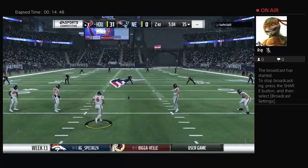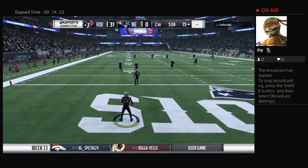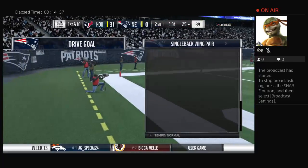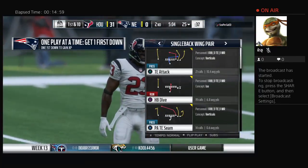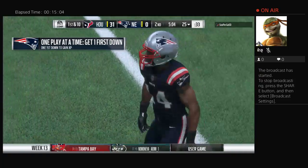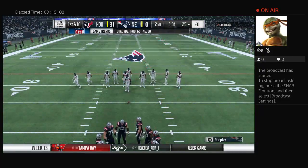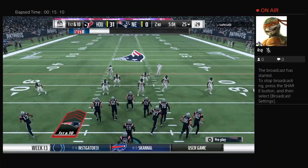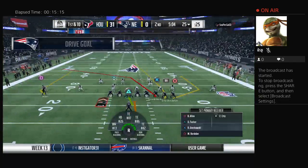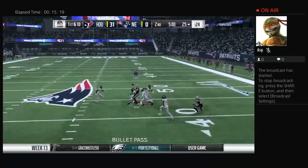So they throw the pick 6. They'll get another shot at it now as this one's in the air. And that'll carry over the back line of the end zone for a touchback. So the Patriots coming out now, and they just had that pick six. I guess the only positive maybe of them returning that for a touchdown, this offense right back out onto the field to try to make up for it. I like that because now it doesn't give them a chance to go to the bench and really settle, to sit there and kind of seethe over the idea that they turned the ball over previously. Right back out there, it's almost like...